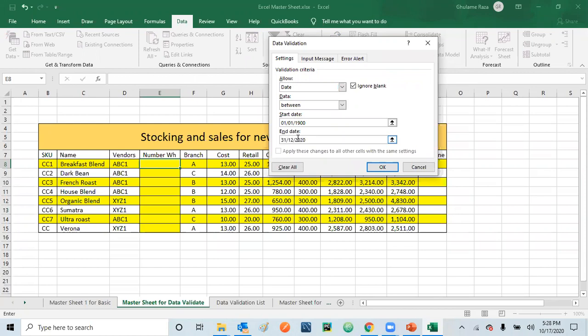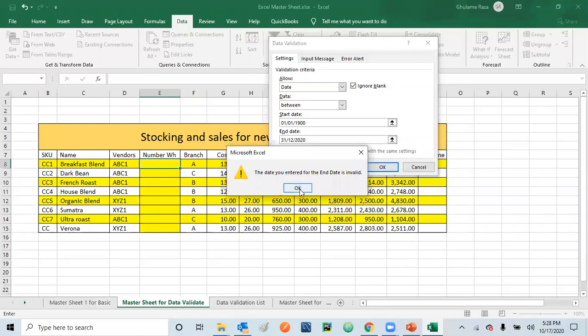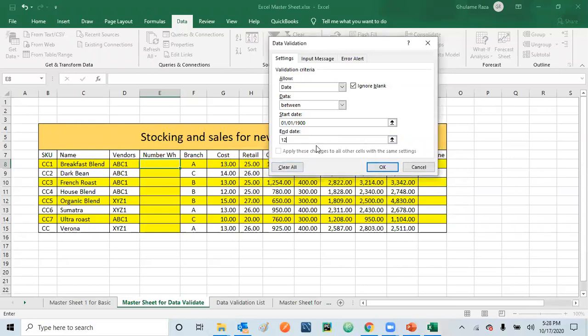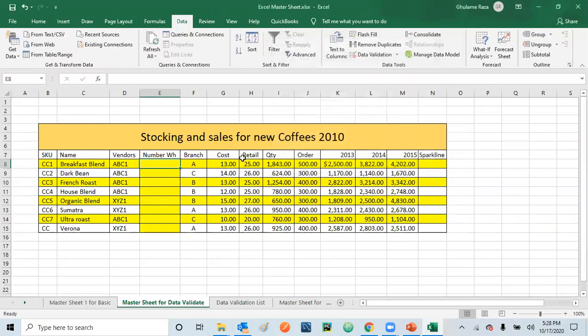Let me make clear one more thing, as per the USA way of putting the date. If you are putting the date in a way which is not in line with the USA standards, and you click it, the system will give you an error. What you can do is correct the date, with the month first, then the date, and then the year. Now the system will accept it. Once you apply the rule here, you can simply drag the cursor down, and now the rule is applied in all the cells.